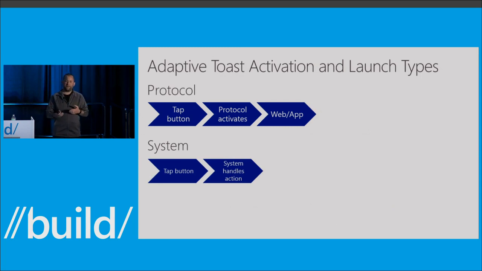And then finally, we have some system activation types. So for example, I showed you could have a dismiss button that would wake up a background task, and then you would handle that dismiss in your app. Or maybe I hit snooze, and then in your background task, you would reschedule a notification for a little later on. If you don't want to have to write the code in your background task to handle rescheduling notifications, you can let the system do it for you. There's a couple of system activation types that really only apply to things like alarms and reminders, for things like snooze and dismiss, where you don't write any code. You just say system activation type equals alarm or reminder, and then if the user hits the snooze button, the shell is taking care of making sure that notification pops back up. You don't have to handle that in your background task.